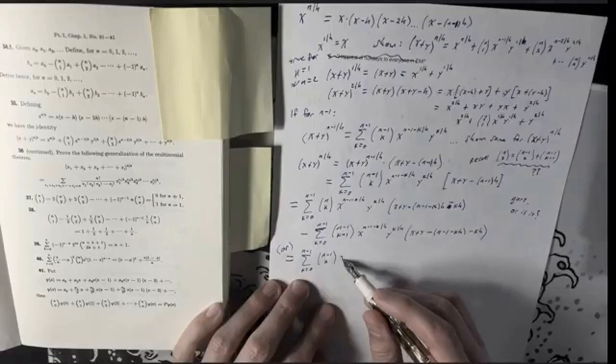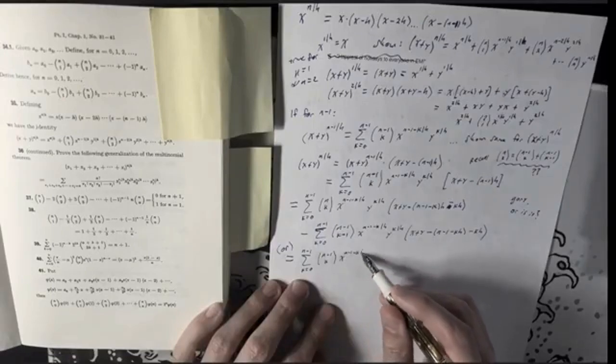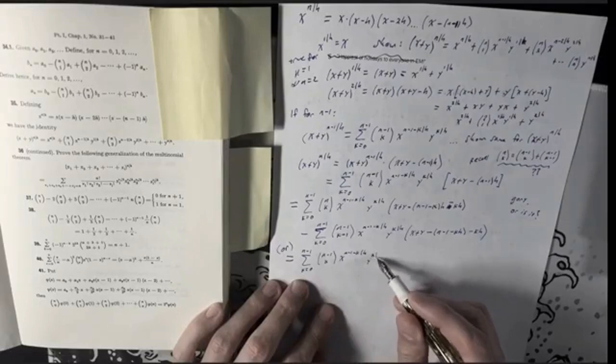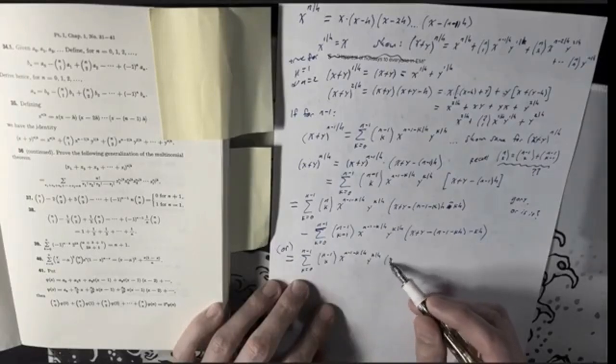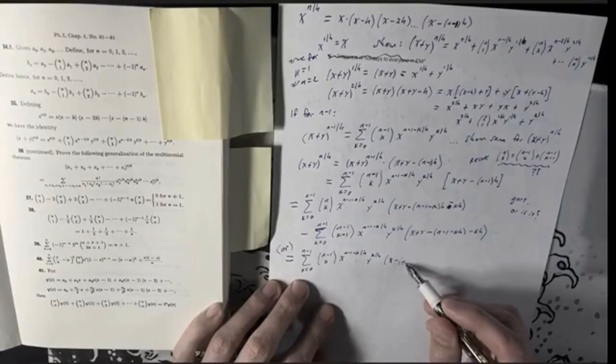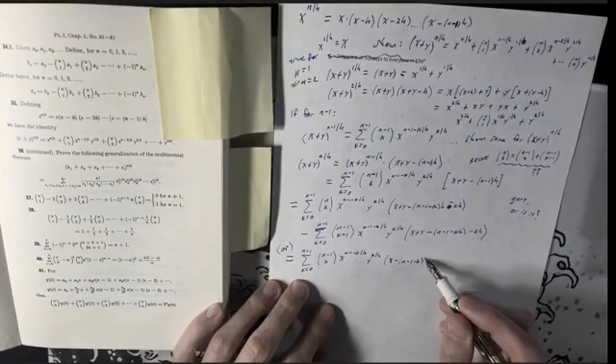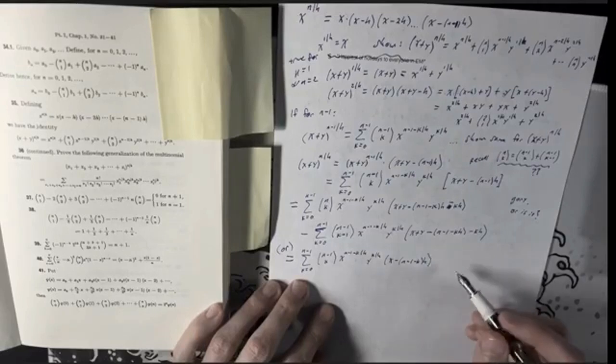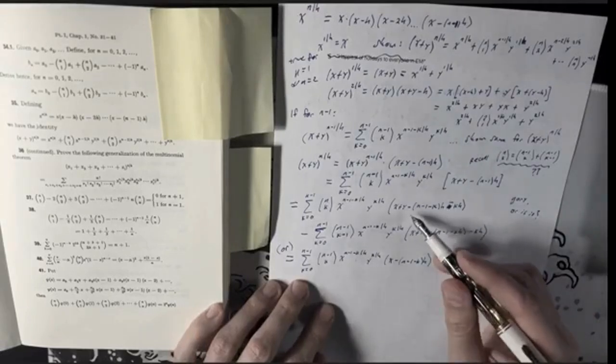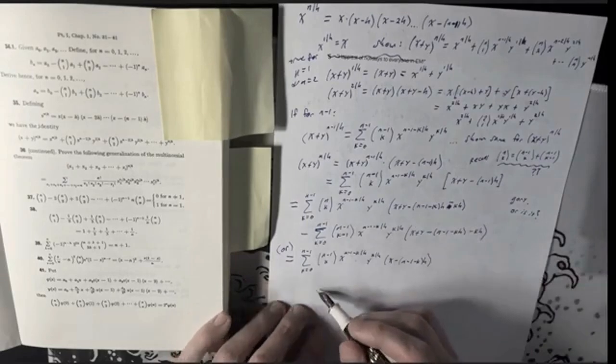Let's do it this way. I won't do anything yet. I'll just say it's this times x minus n minus 1 minus kh, right? And then we've also got